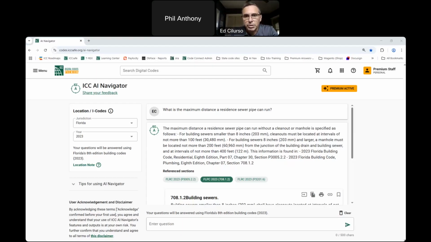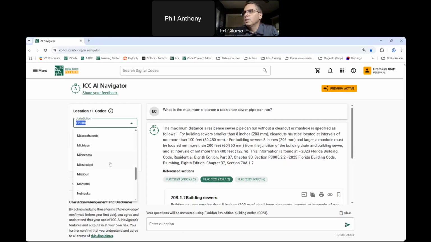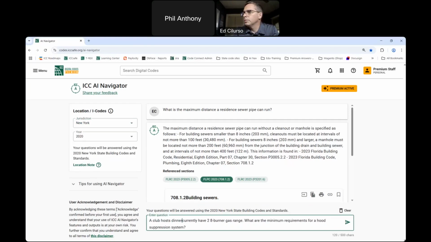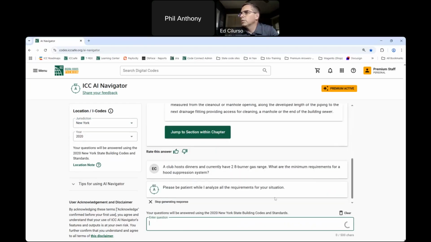Okay. I did see a test question. I will throw what I think is the essence of that test question into AI Navigator, because I like to play too. So I see it's going to be with New York. So I'm just going to put in one more sample. Okay, so this is asking this question. I've taken the essence of that out of the question. We certainly could even ask the longer version of that question.